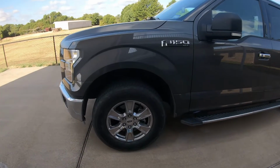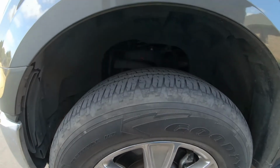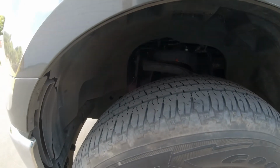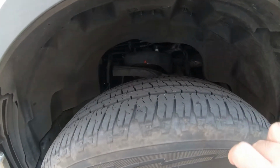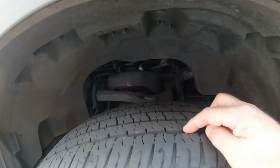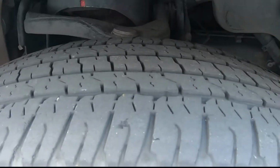Starting at the left front, or the front driver's side, you can see that there is actually some pretty decent pitting starting to go on here at the shoulder lugs of the tire, and there is quite a bit of wear going on right there. This actually gives us a good shot. I don't know if you can see this or not, but you can see the wear bar, the wear indicator down in there, and it's pretty